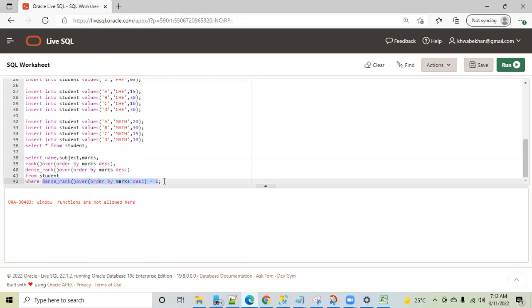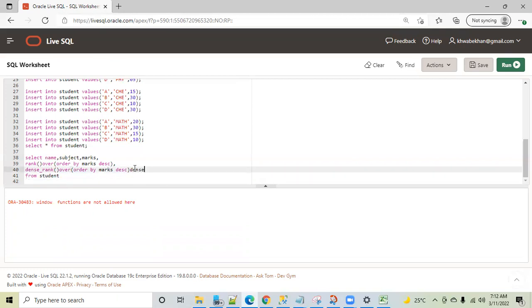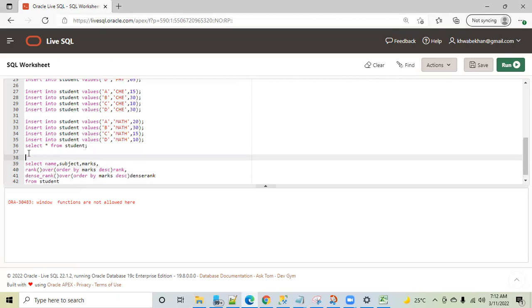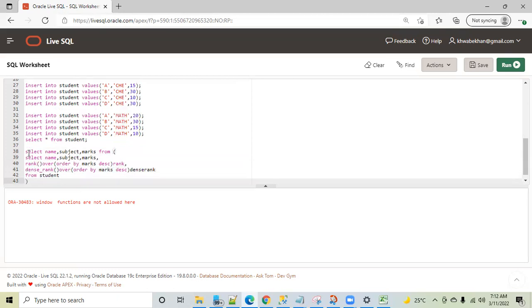So here we cannot use it. This is a problem because SQL is throwing an error message that we cannot use a window function. So now what to do? Nothing to do. Give an alias here, dense rank or whatever you want, and then give the alias here as rank. Your wish. Now take a subquery. Select name, subject, marks from this table. You know the concept of subquery. Where now use this alias, dense rank. Very good. Where dense rank is equal to